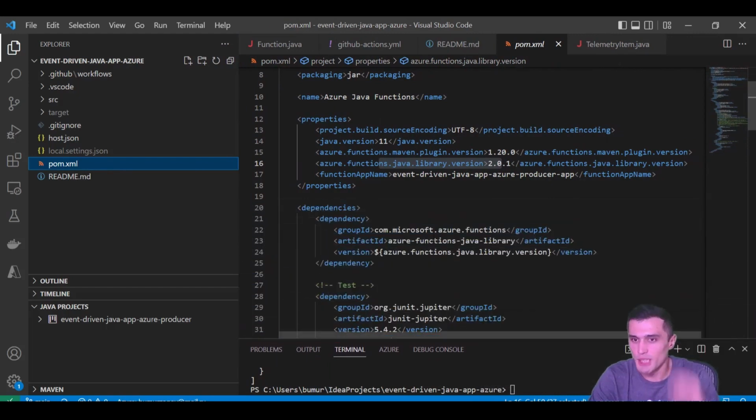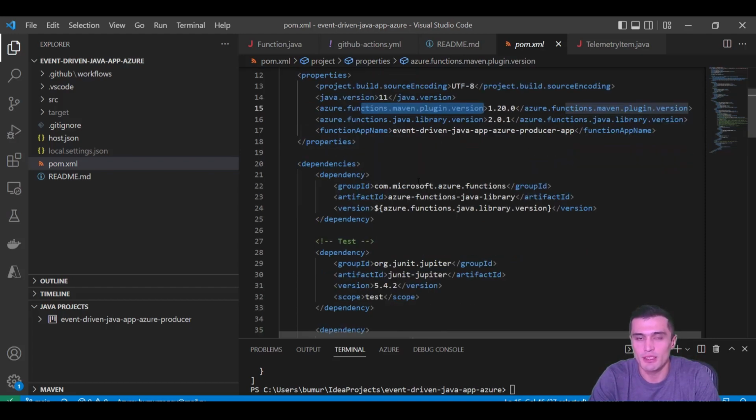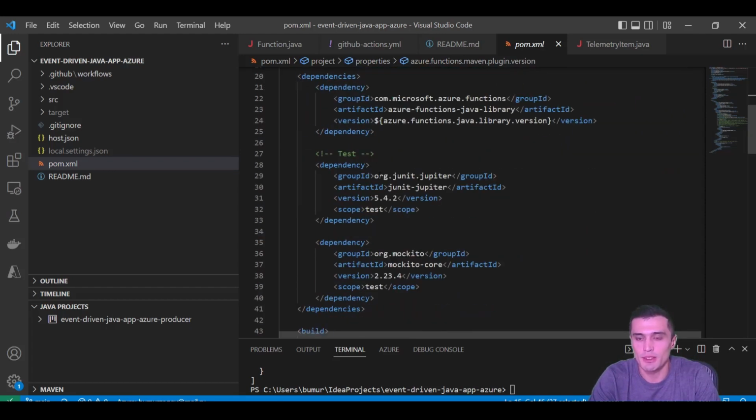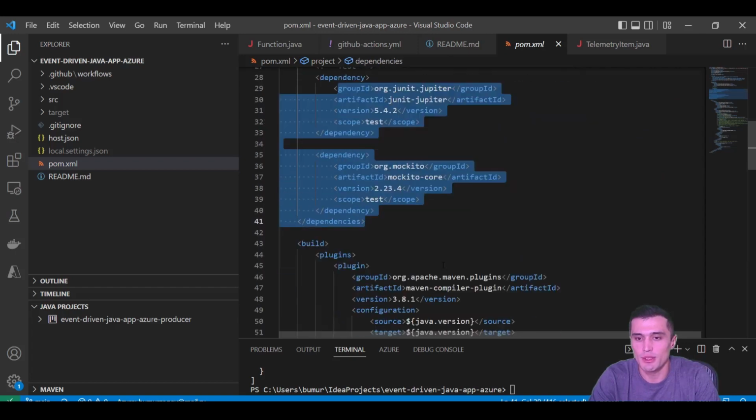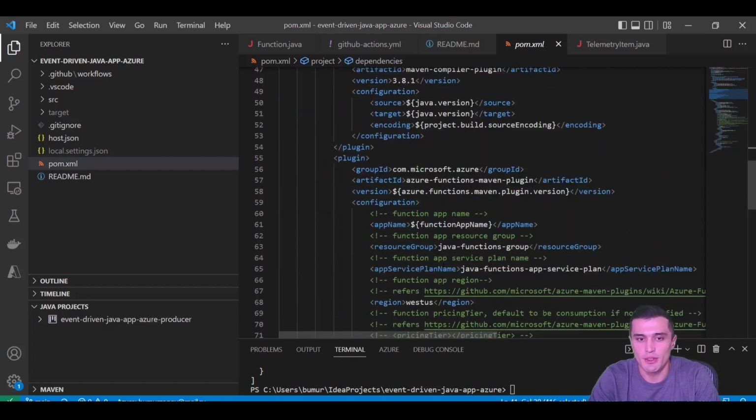Because we are building Java applications, we need let's say Azure Function Java library to create some Azure functions in Java, and we need also a Maven plugin for Azure Functions to run this Azure function locally, and maybe the later stage deploy it. And we have some other dependencies for the unit test, etc.